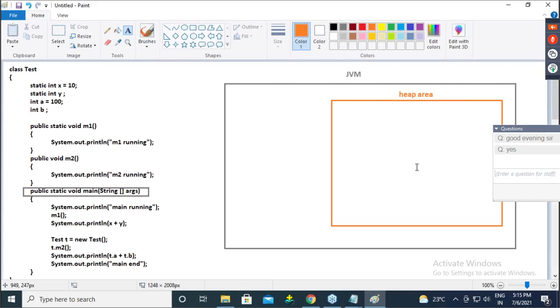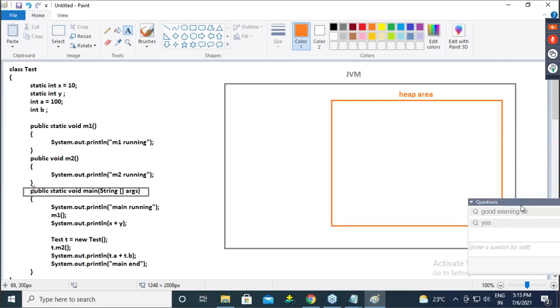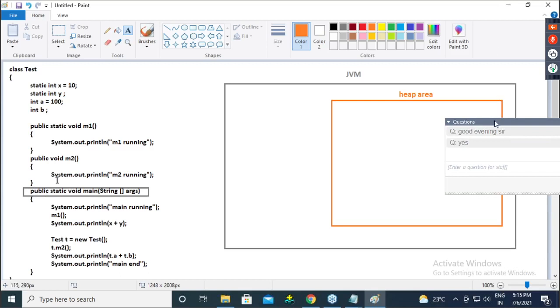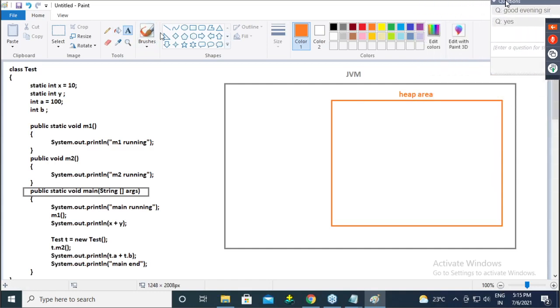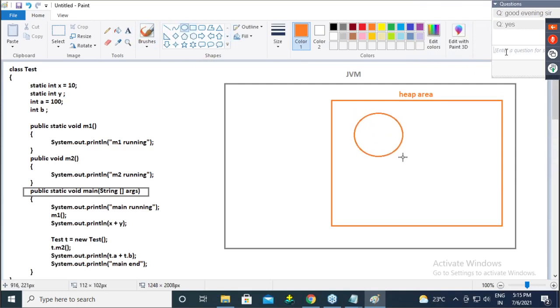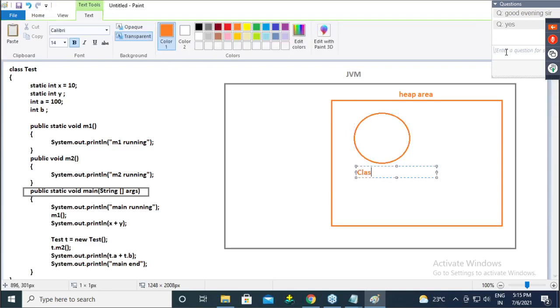We are under what level? The class loader found the main method and accepted the .class file. As soon as the .class file is accepted by the class loader, in the heap area one object is created by the JVM, and that object is nothing but a class type of object. So this is the object for class Test.